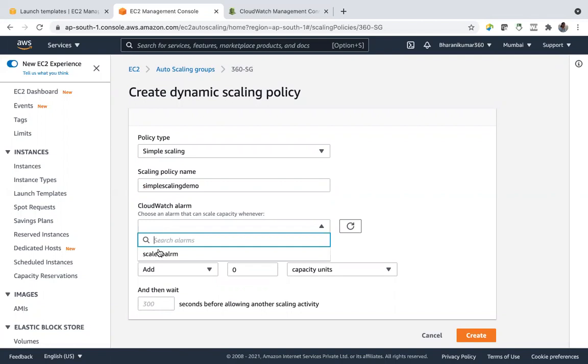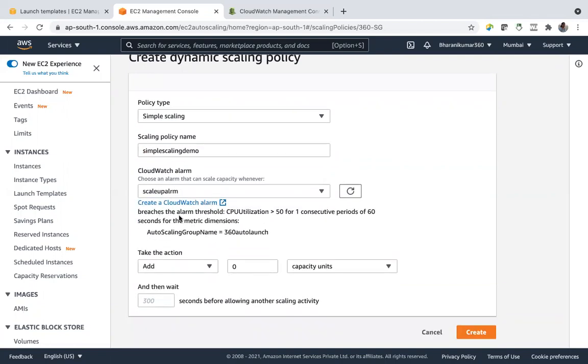And then CloudWatch alarm, scale up alarm, what it says, when alarm threshold, that is CPU utilization, is greater than 50%, and it checks for every 1 minute. Then auto scaling group, it 360 auto launch. That means in this auto scaling group, it monitors the entire VPC and it takes average. If you want per instance metrics, you can use EC2 metrics.